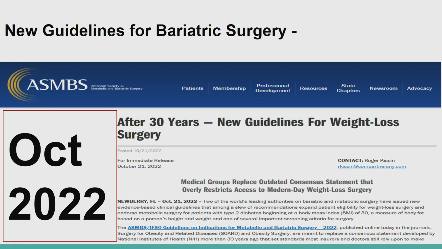But in October 2022, the World Federation, the ASMBS and IFSO revised their criteria for obesity surgery. The reason mentioned was that over the last 30 years, obesity surgery has reached a certain maturity. It has led to good evidence that obesity surgery options are good, evidence-based procedures which can benefit the life of a patient. So we need to change, and they changed their criteria for obesity surgery for a